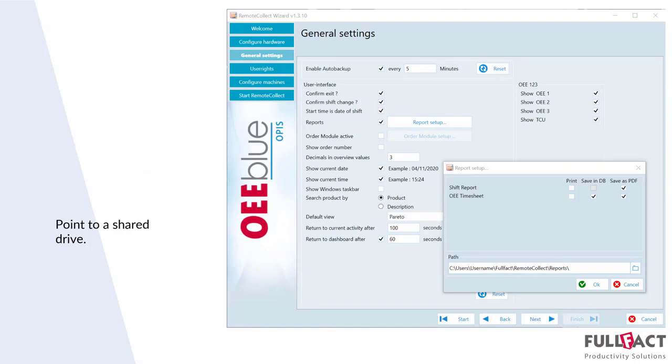No, it's the OE123. And the OE123 is a setting that you can define in what kind of category your activities should reside. OE123, for example, TCU is the complete time when you have the availability of your machine, so that could be the complete year.